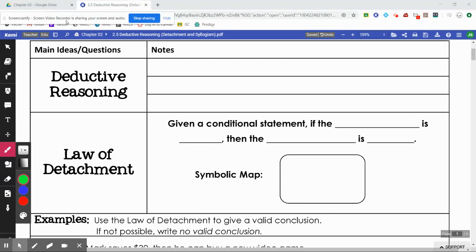In this video, we're going to be talking about deductive reasoning. We've already talked about logical arguments using inductive reasoning, and we talked about how we use it pretty much every day based on patterns and observations. We think this is going to happen, and sometimes inductive reasoning is not entirely reliable. However, deductive reasoning can come up with much more reliable